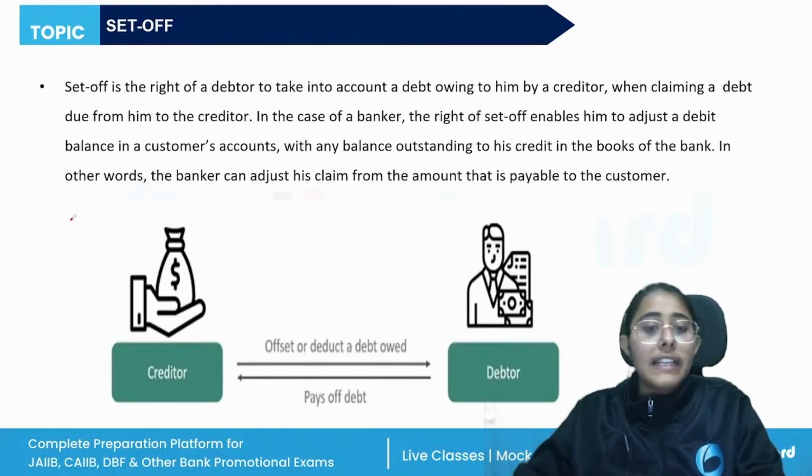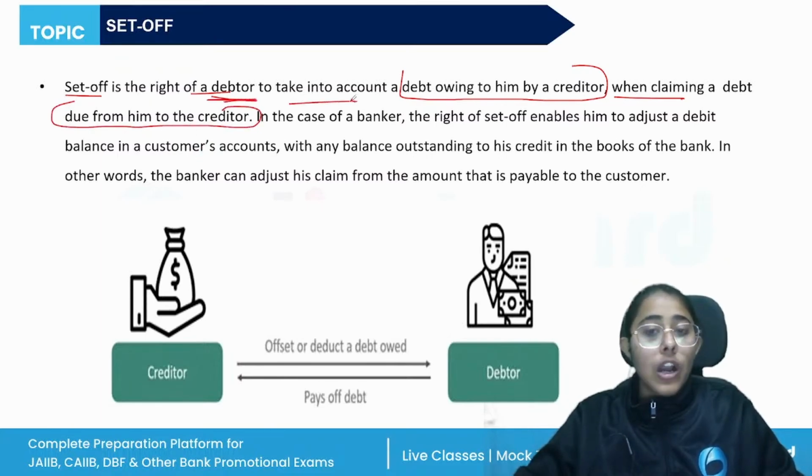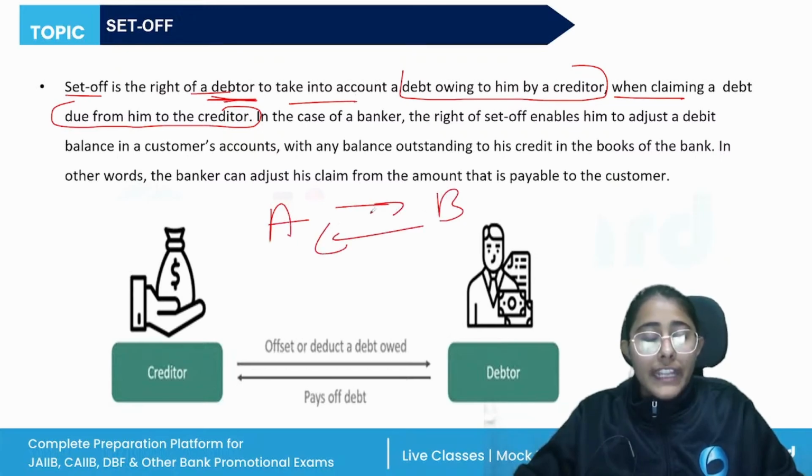And then we have, finally, set off. What is set off? Basically what we are doing is cancelling out. So it is the right of a debtor to take into account a debt owing to him by a creditor when claiming a debt due from him to the creditor. What is happening here? The right of a debtor to take into account a debt that is owing to him by a creditor. So if A and B have taken loan and given loan to each other,